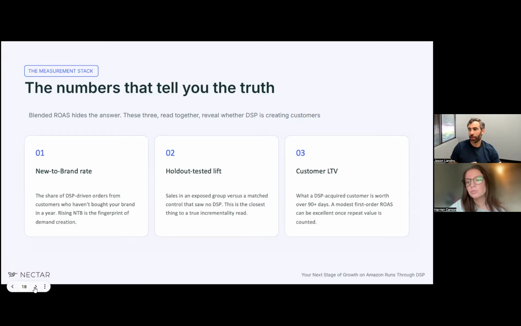And so, what are those KPIs that brands should be looking for? Obviously, it's unique to each brand and where they're at in their journey, so to speak. But is there any more prescriptive guidance you